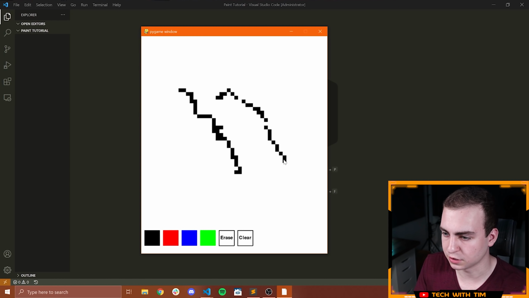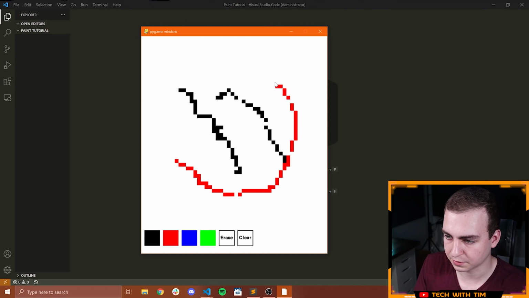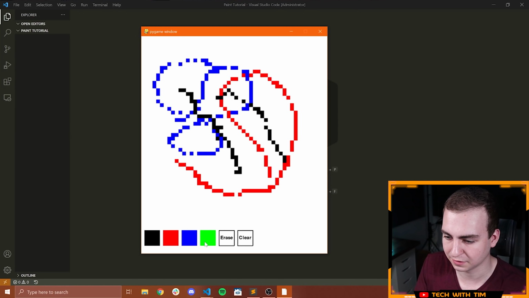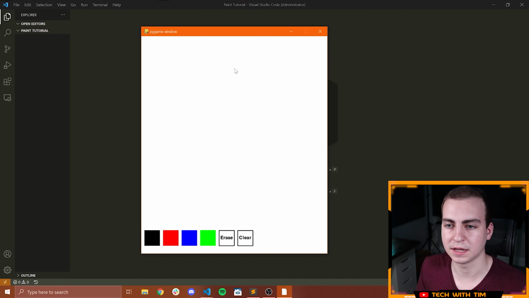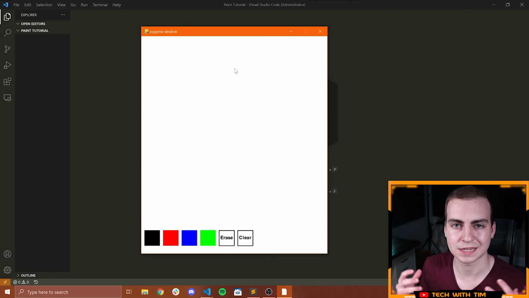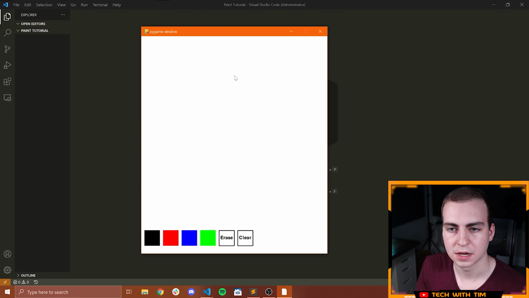So you can see here that you can just change your pen color or your stroke color, whatever you want to call it. You can draw just like you would in any other pixel art program. You can erase, and then of course you can clear. So pretty straightforward. The idea being that I'm going to give you a good solid base, and then you guys can add on to this. You can add different colors, you can add different buttons and different functions. Pretty easy to do that once you have a solid base done.